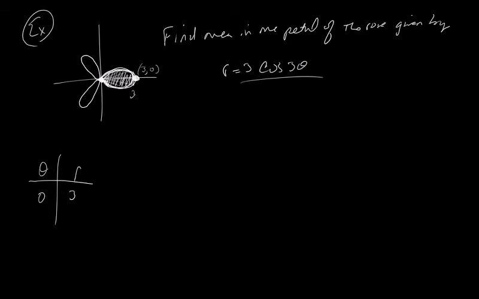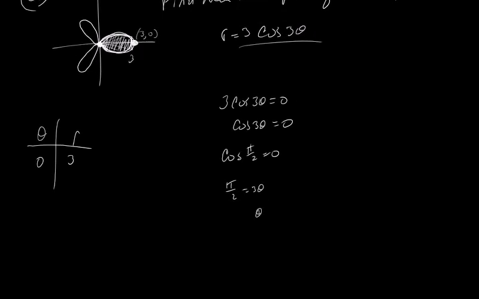Well, we can find out simply by saying, when is r equal to 0? So when is 3 cosine of 3 theta equal to 0? When is cosine of 3 theta equal to 0? Well, it's equal to 0 if 3 theta is equal to pi over 2, right? Because cosine of pi over 2 is equal to 0. So that would work. So when pi over 2 is equal to 3 theta, or when theta is equal to pi over 6. So we know we're going to get back here if we have pi over 6